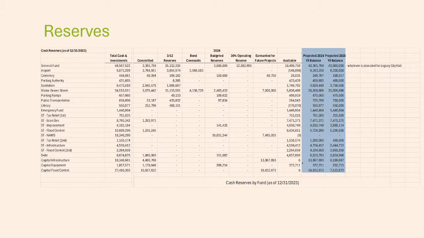This is a spreadsheet that was used. City Manager Stewart had a slide in his presentation that highlighted some of the reserves in the various funds and the different components that came with that. And we had a request, asking for the data that was underlying that slide. And then the further request is to do a forecast of where we might end up at the end of 2024 and even projecting into 2025.